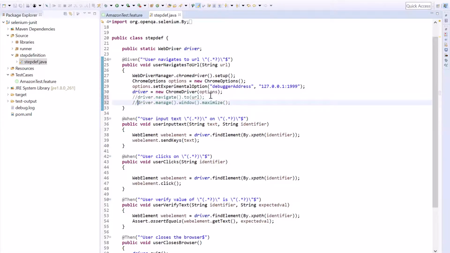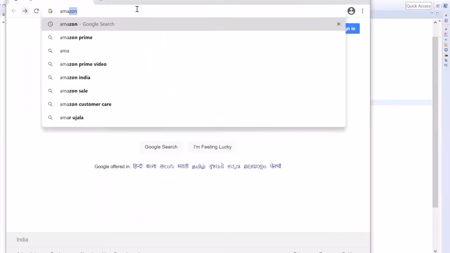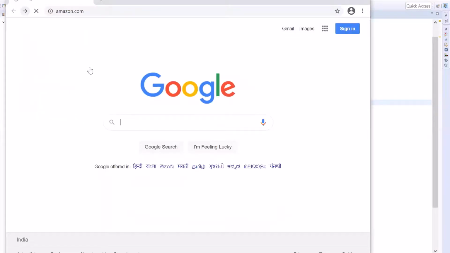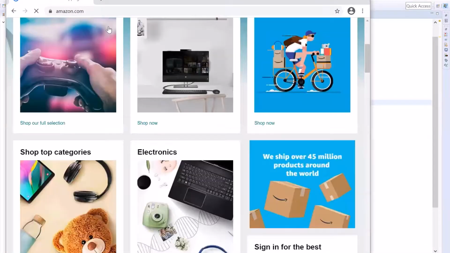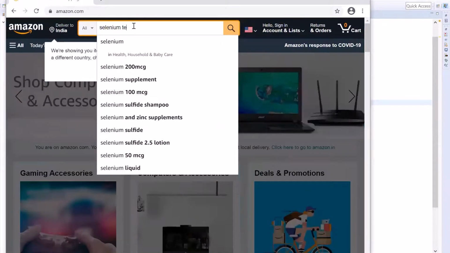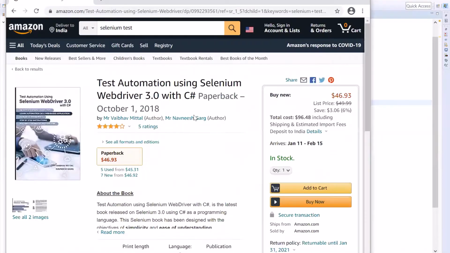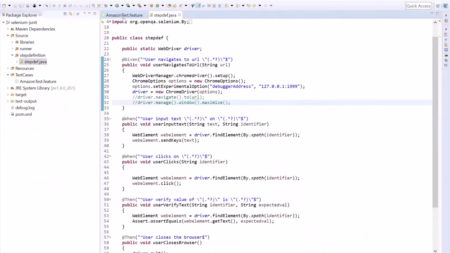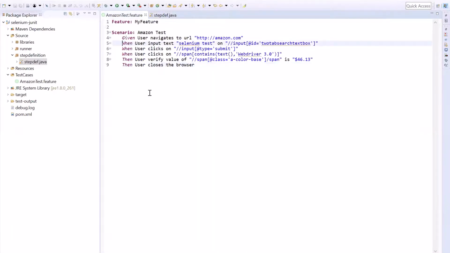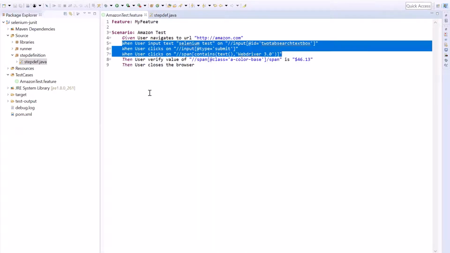Now move to the browser and navigate to the desired page manually so that when we run our script, we are on the page where we want to debug our script. Now let's go to our feature file and comment out all these steps which we don't want to execute.